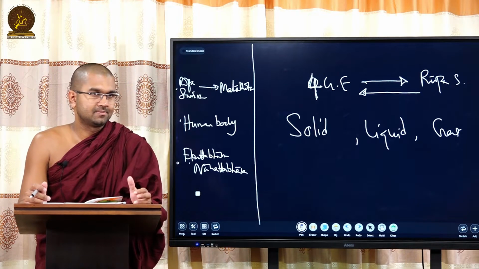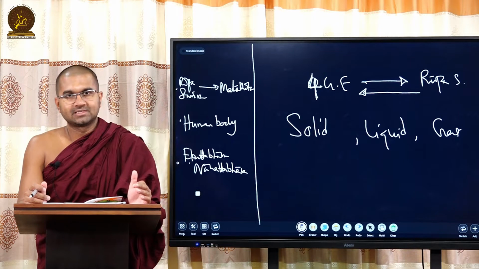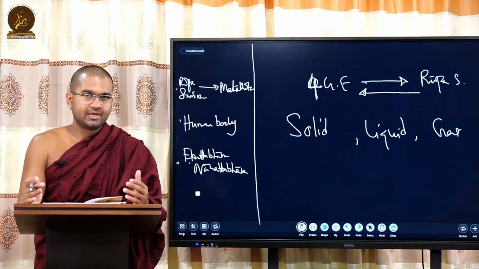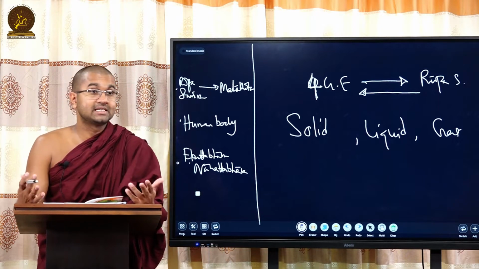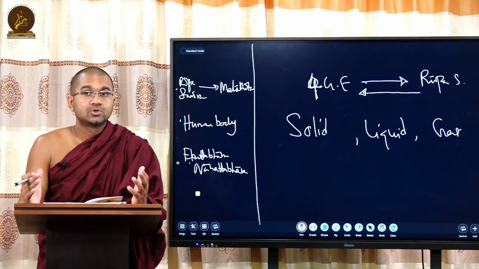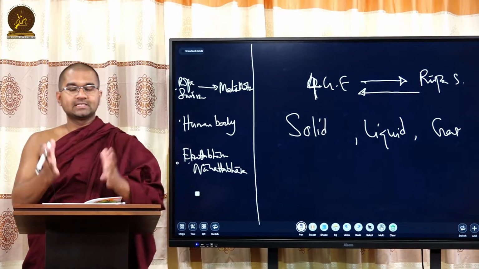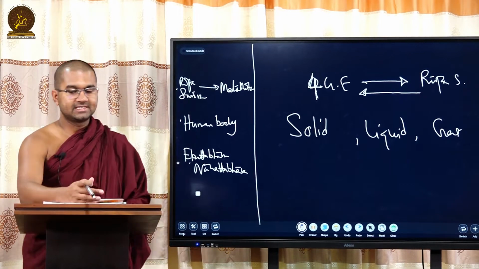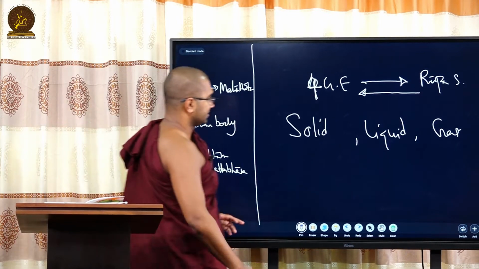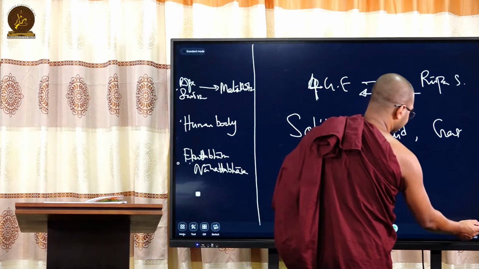That's very vital in order to lead our Vipassana. So when we see someone, we should be able to figure out how the four great elements exist within him. In order to do that, we have to take the physical material body as one thing, and then we investigate its characteristics. Now we'll start with a solid.